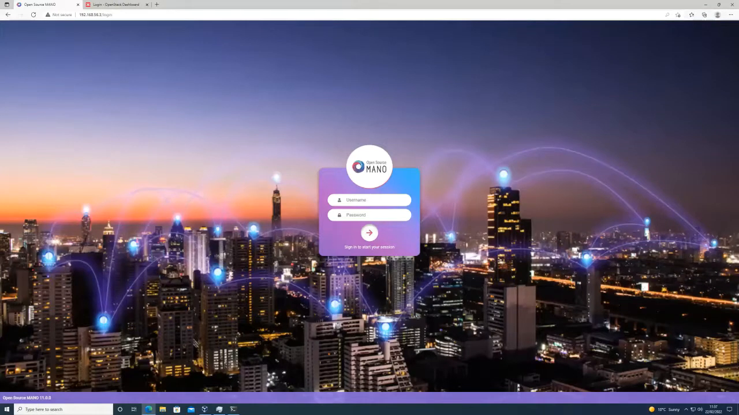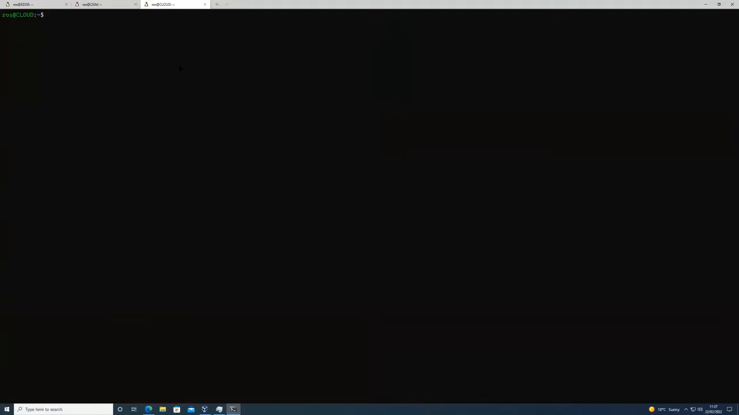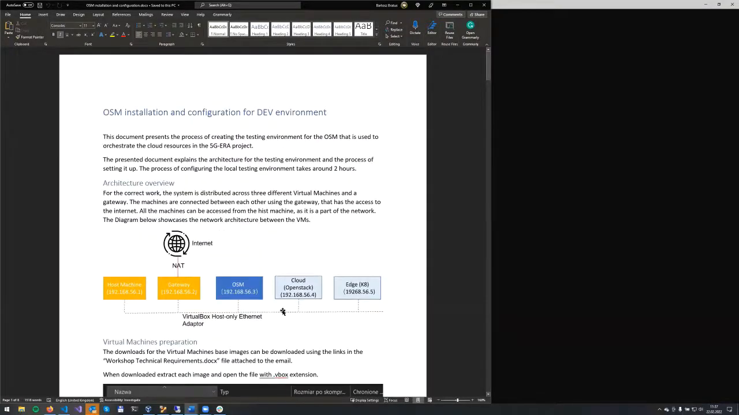To do so, we'll have to log in to the cloud virtual machine that we have created, and also to the one that was described in this graph. As you can see, this is the cloud virtual machine with the following IP address, which should be the same for you if you have followed this tutorial. And this cloud machine is running Openstack. So to do so, we will need